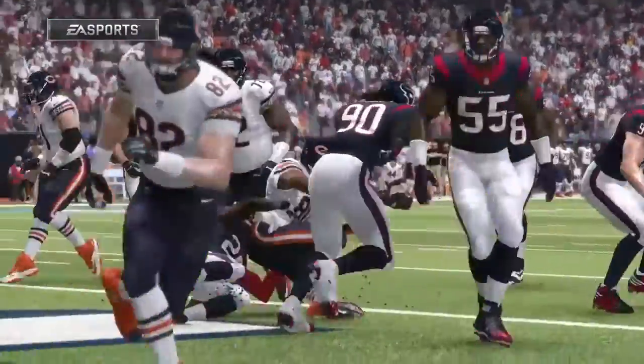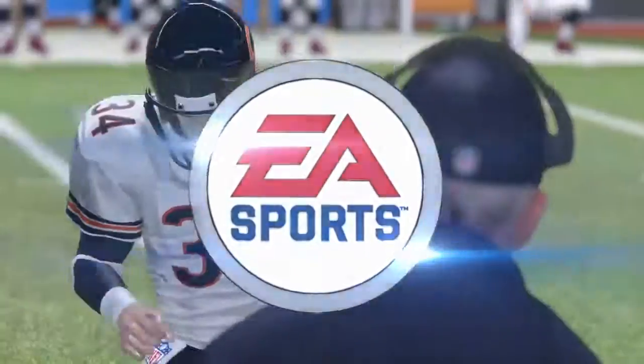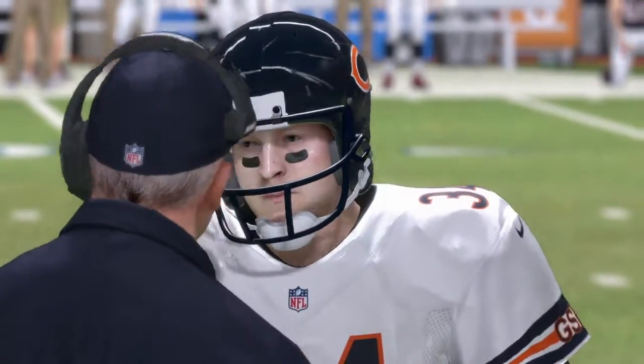Sometimes those tight ends are a mismatch. They found the mismatch there. And that's exactly why you want to draw up those types of plays, because coverage is just going to go to the natural guys, the guys that make the big plays on the...